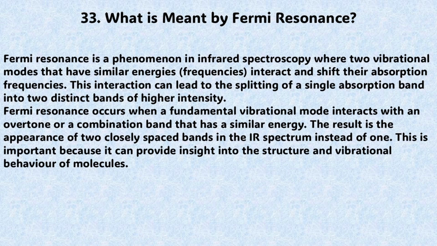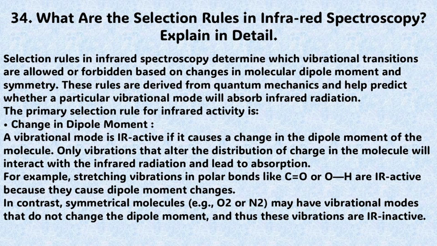Now we will move to question number 34. What are the selection rules in infrared spectroscopy? Explain in detail. The answer to this question is very simple. Selection rules in infrared spectroscopy determine which vibrational transitions are allowed or forbidden based on changes in molecular dipole moment and symmetry. These rules are derived from quantum mechanics and help predict whether a particular vibrational mode will absorb infrared